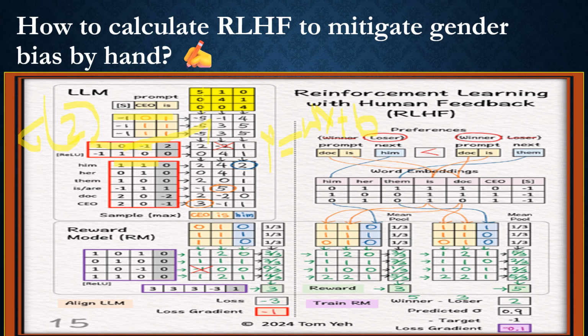So here we have taken a sample sentence, that is "Doctor is him", right? So here in the reward model, we'll multiply both these matrices to get this. So check the number of columns as 4, the number of rows as 3. Use this formula y equals wx plus b. So 1 0 1 multiply this with 0 1 1, adding 0 here, right? 1 into 0 plus 0 into 1 plus 1 into 1, we get 1 here. Then we'll do this 1 0 1 with 1 1 1, adding 0 here, we'll get 2. So this way we'll get all these results.